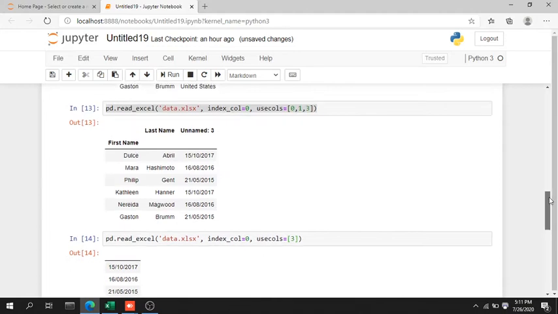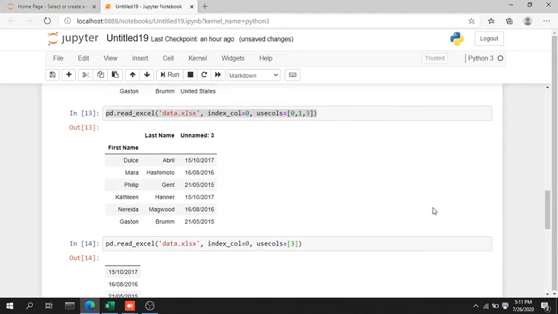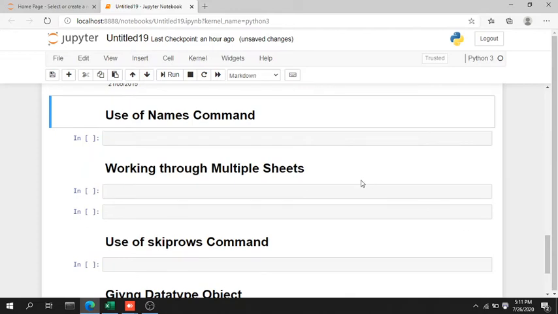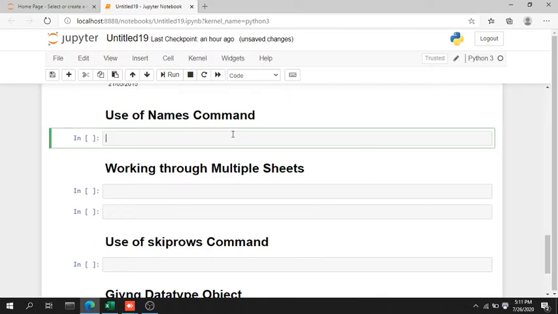So it is a very helpful tool. It helps to find information where you want. And moreover, one more thing that we're gonna use is the names command. It helps if you want to give your columns custom names, like the names which you want. You can do it by using the names command. Let me just paste it here. And what I'm gonna do next is I'm gonna simply write the names.